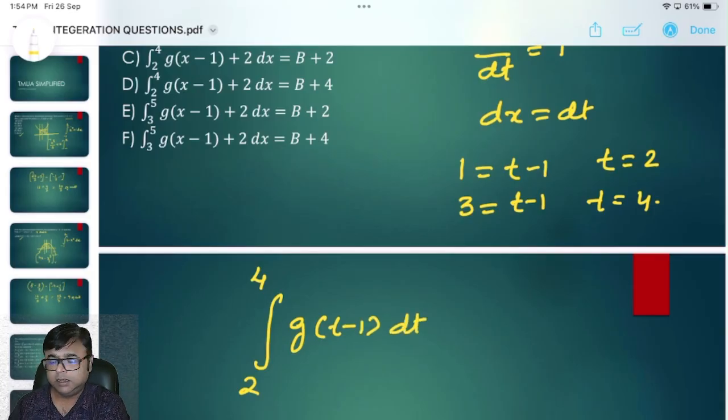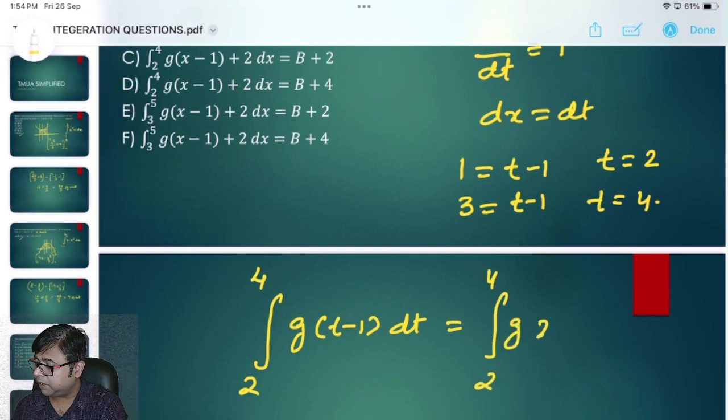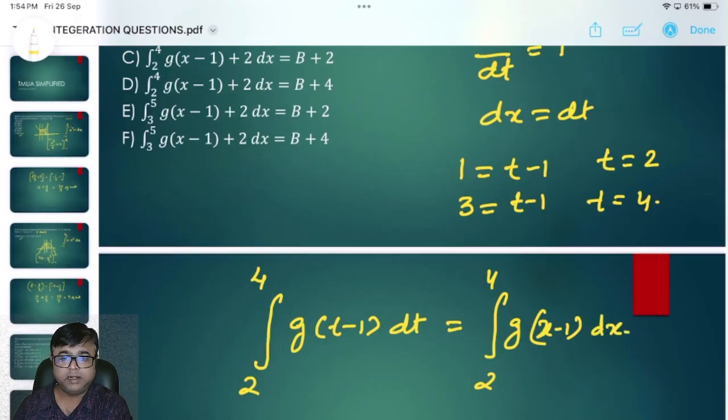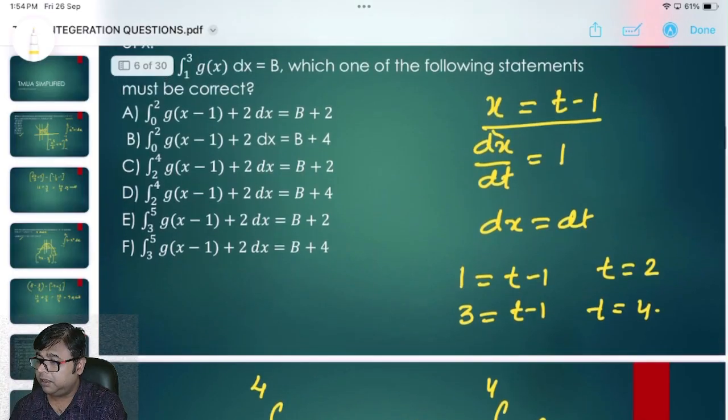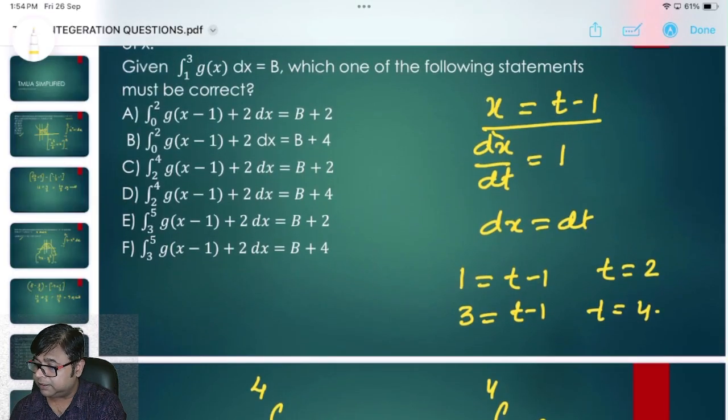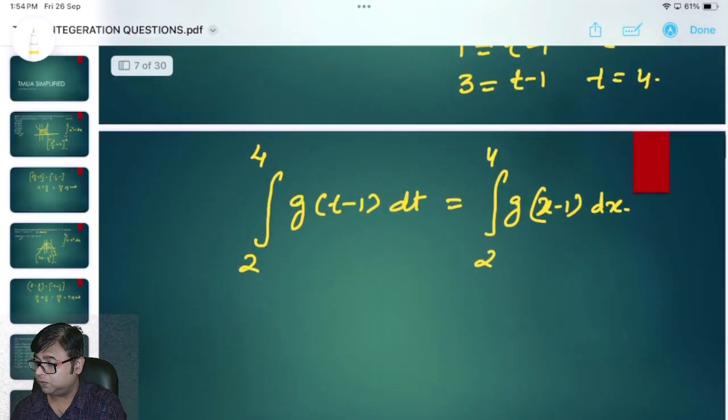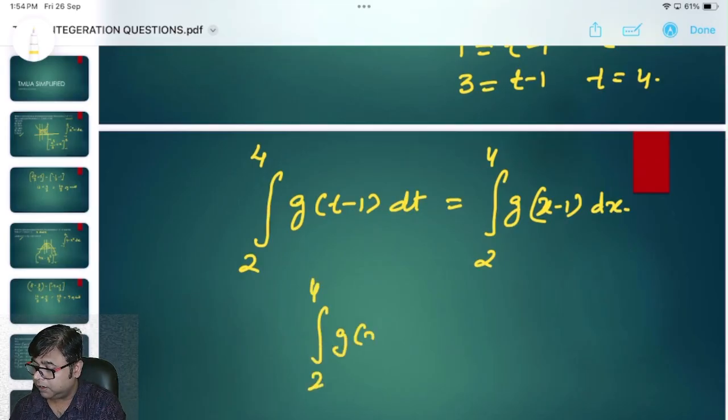Substitution. Now, I told you changing the variable doesn't make any difference. So I can write this also in terms of x, g of x minus 1 dx. So that's the first property I discussed for indefinite integration. It doesn't make any difference. Now they're saying if I integrate this plus 2, the integration of this will be this only, but the